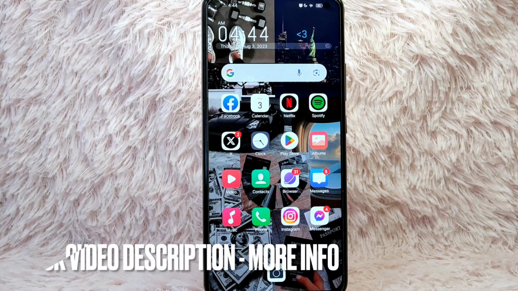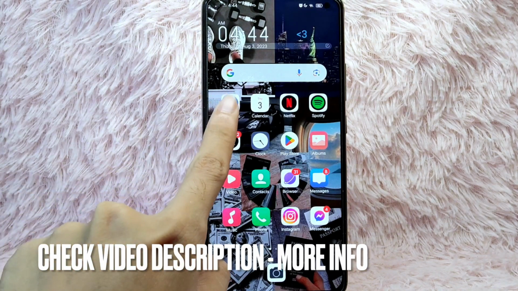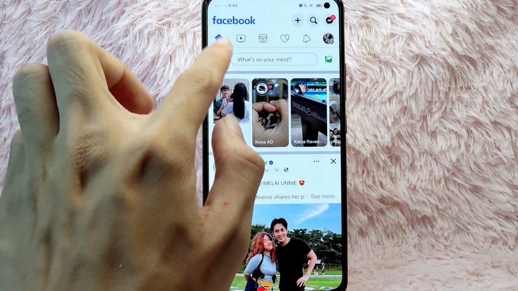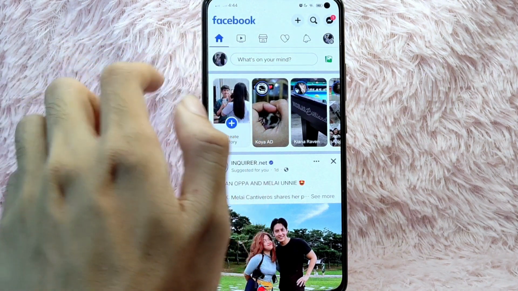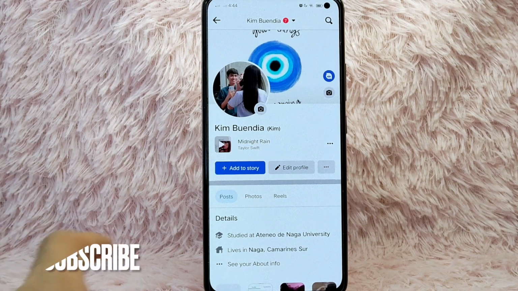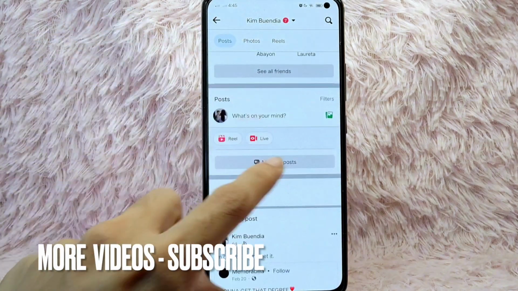First, you need to open your Facebook application and log in with your Facebook account. Once you open it, you'll be directed to this Facebook homepage. What you'll need to do is tap on this profile icon. And then after you're directed to this profile page, scroll down and look for the post you want to